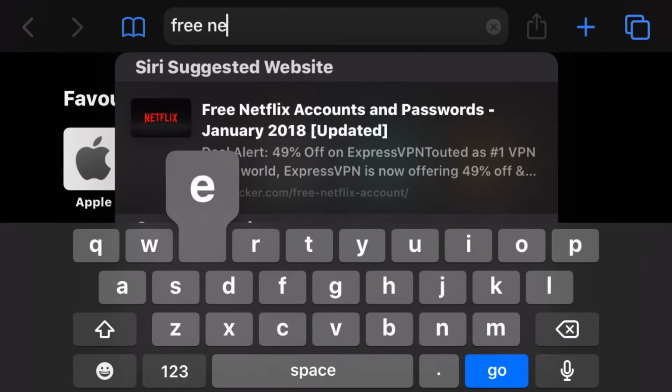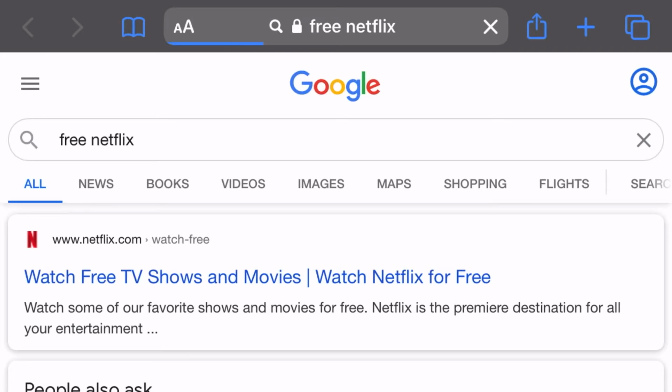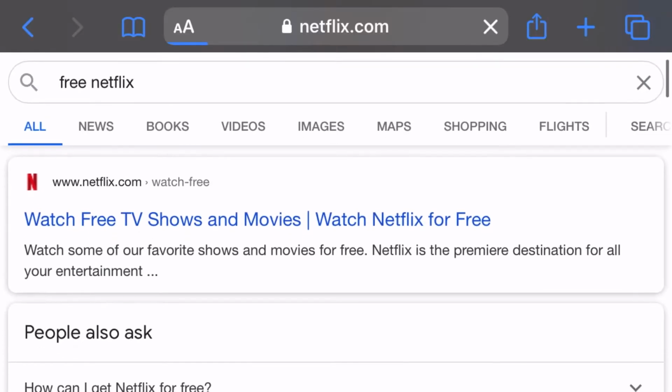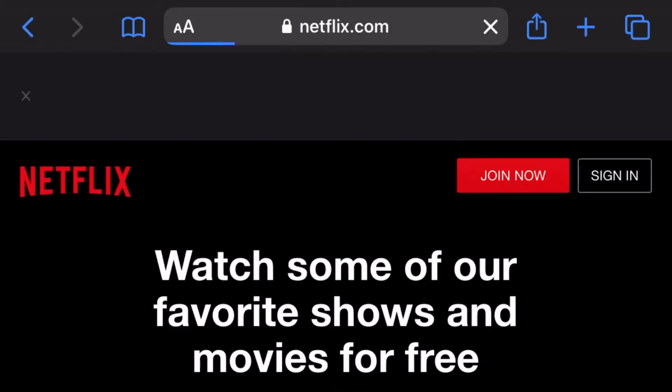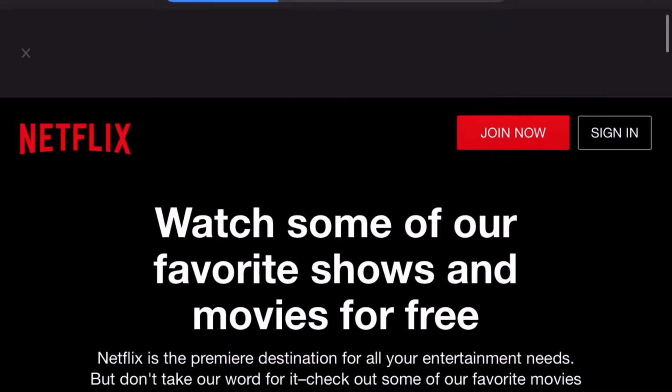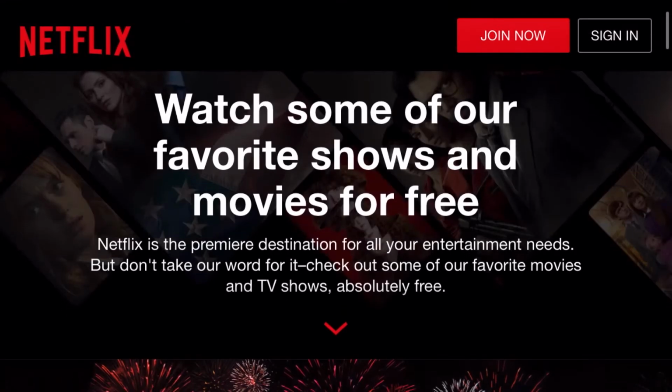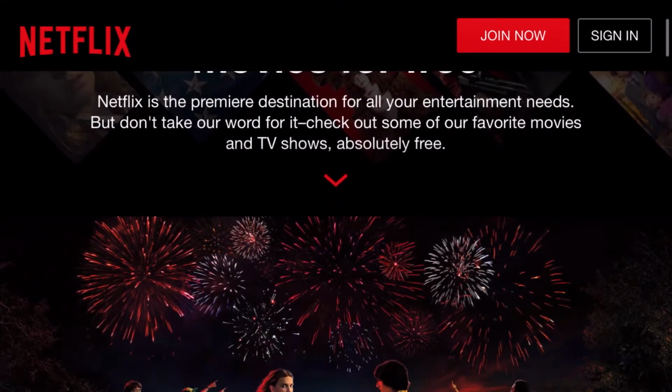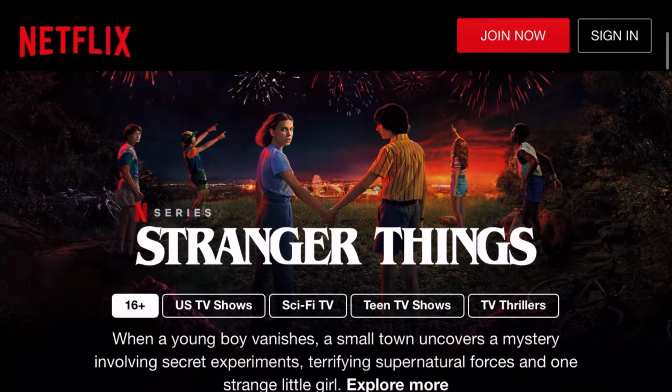So what you need to do is just type in free Netflix on the browser you are using. That could be Chrome or Google or whatever. Anyways, you are supposed to click the first website you will see after typing this in. So basically it is officially from Netflix itself, and it is nothing illegal, and you are not supposed to do any extra procedure, no VPN, no verification, no nothing.